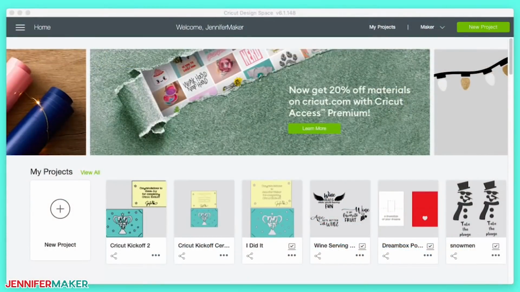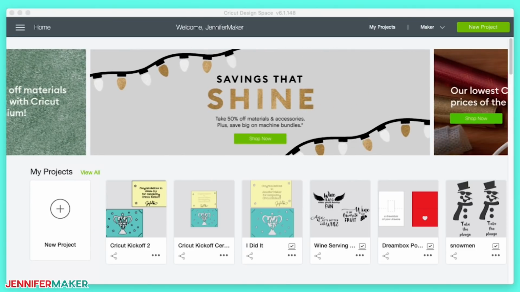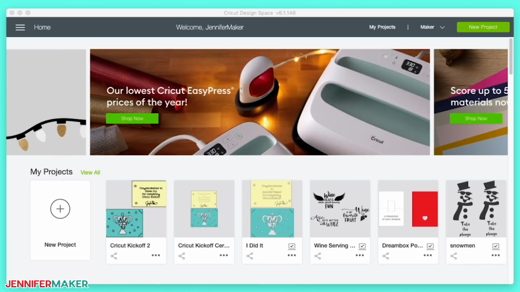Here we go. Okay, so this is what it looks like when we first open up Design Space, whether it's on our Mac or Windows, or whether desktop or laptop, it always looks the same. Now, of course, the graphics across the top change because those rotate in and out. And this section here that says My Projects, those will change. They'll be your projects, right? When you first get here, this is